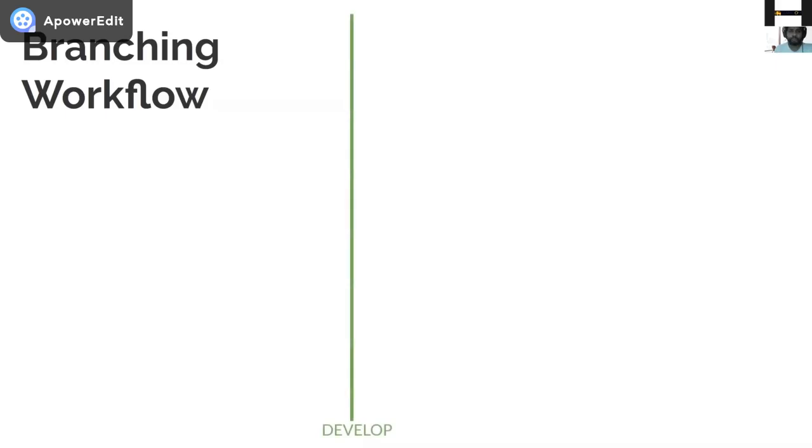You have to create a branch called... you can merge the branch into the developer.